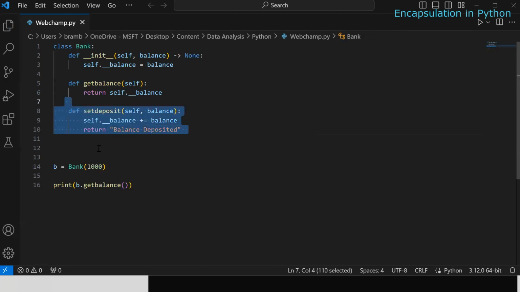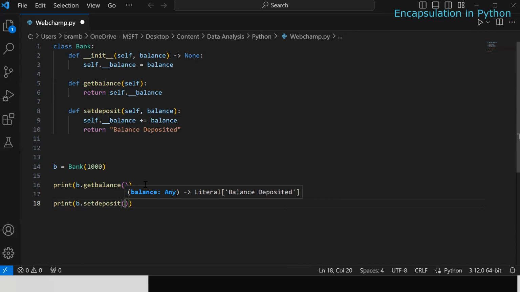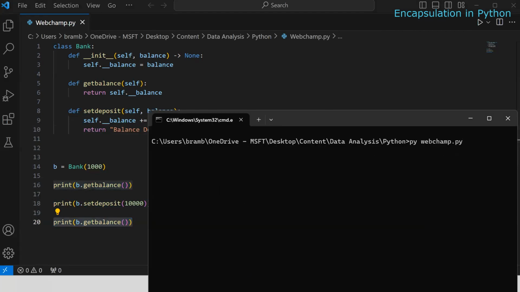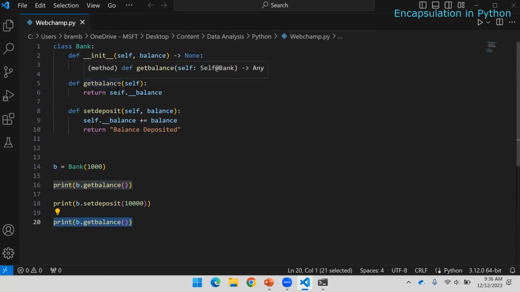Then next, you have to try this method. So if I say print b dot set deposit, and inside of this deposit you pass the balance, I will say 10,000 as my deposit. Before deposit, what is your balance? The first value will return the current balance. After deposit, this method will give us the new balance. If I run this, you can see that when the account is created, balance is 1,000, and after the deposit, your balance is 11,000. This is how we can use encapsulation to hide the data